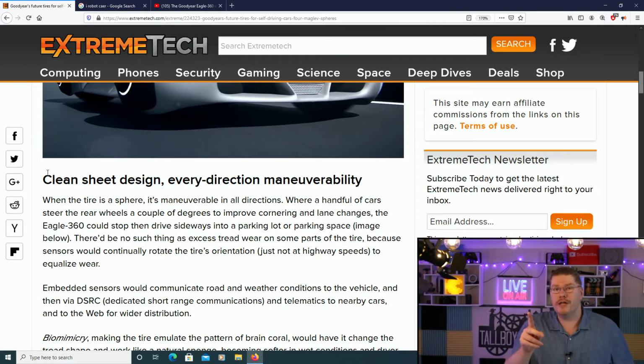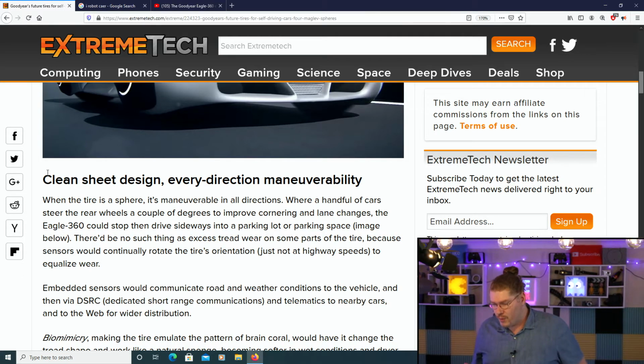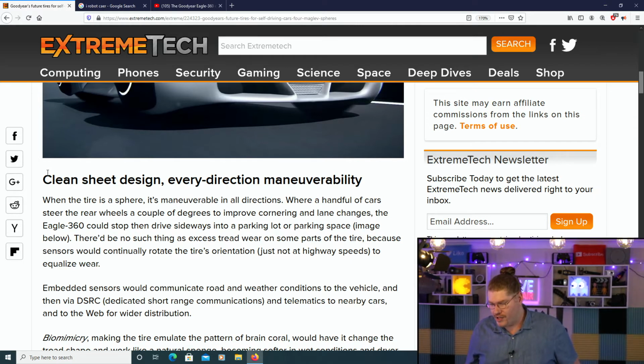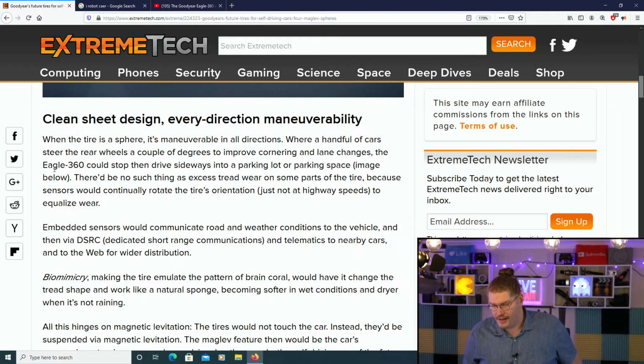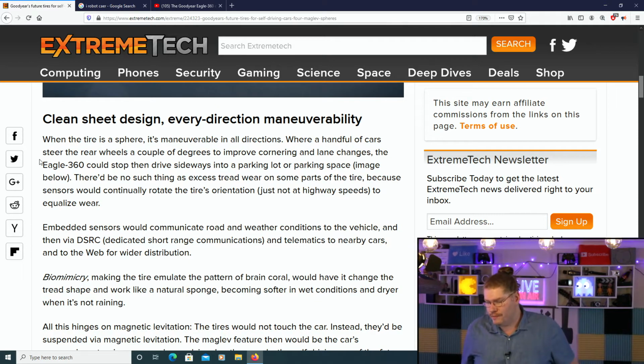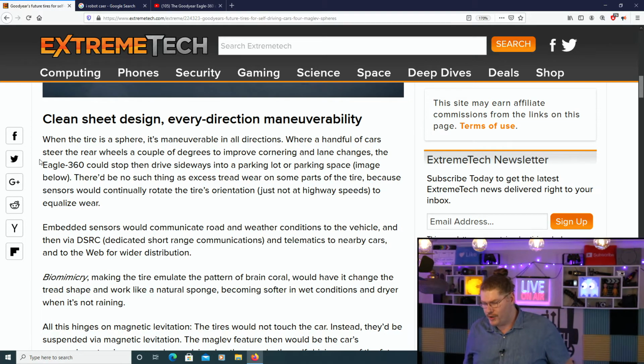Once again, we will show you this video in a second, image below. There'd be no such thing as excess tread wear on some parts of the tire, because sensors would continuously rotate the tire's orientation, just not at highway speeds of course, to equalize the wear. Unbelievable. Now, embedded sensors would communicate road and weather conditions to the vehicle, and then via DSRC, dedicated short-range communications,